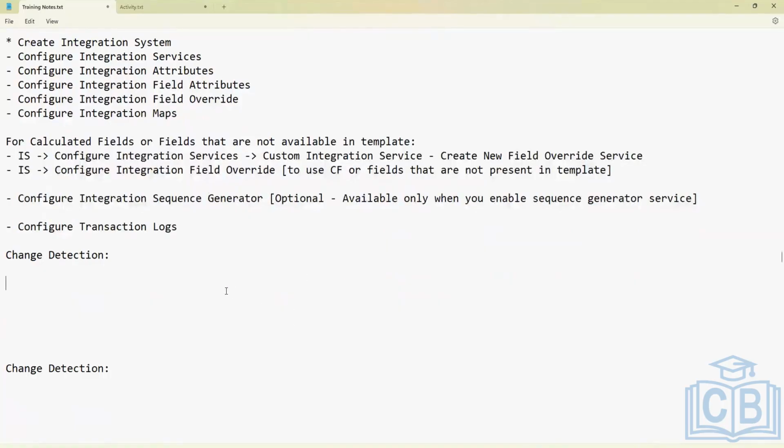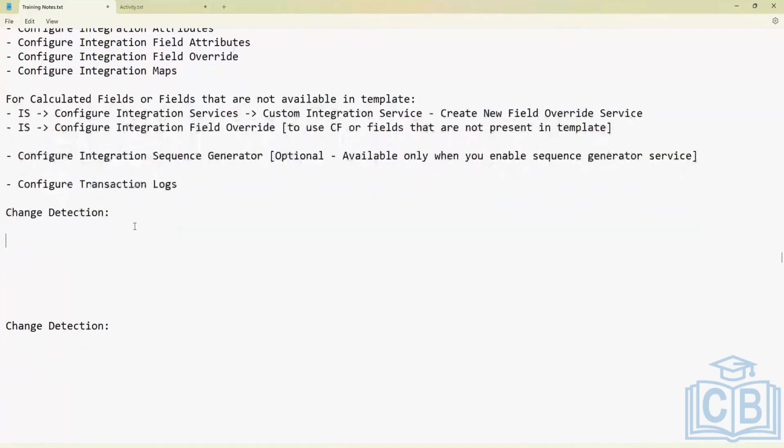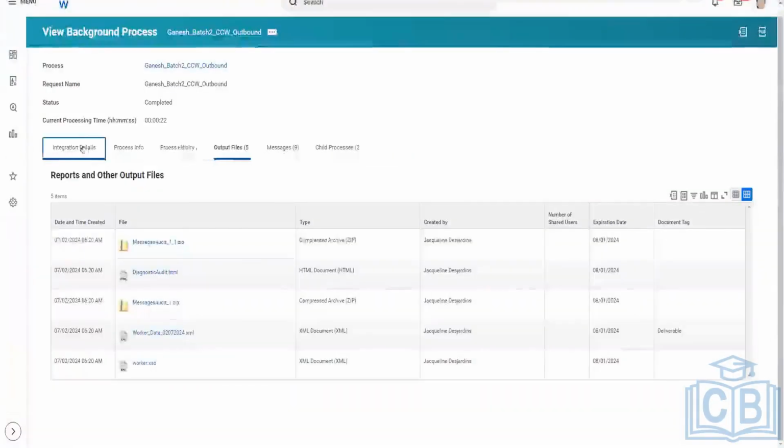And you don't need to select full file. When you select full file, the integration will always run in full file mode. But if you want to run the integration in change detection mode, then you don't select that full file. You simply run the integration by passing date parameters. How exactly can we do that? Basically here, if you go and launch integration,